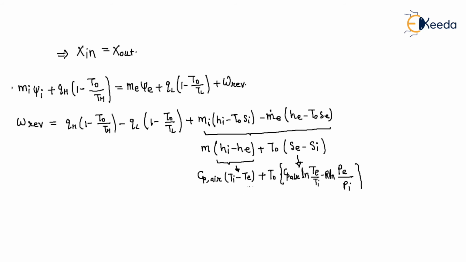For this the pressure is constant, so this is 0. Why? Because Pe is equal to Pi, right? And you have Ti, you have Te, you have Cp of air. So if you calculate all these values, your reversible work comes out to be